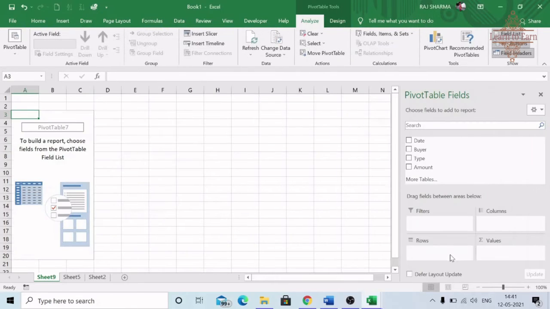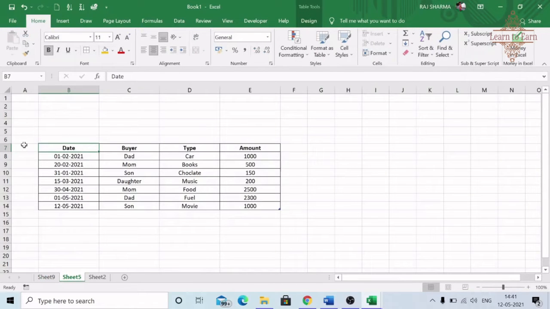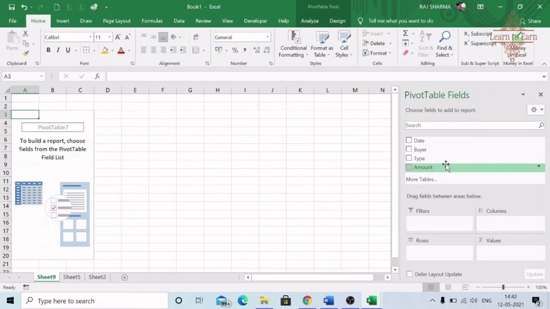So just press OK and you will find this window has opened, and the field headings have been carried to this particular tab here. So these fields have come here.